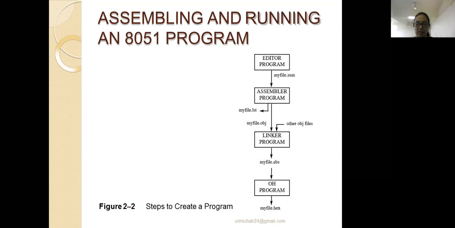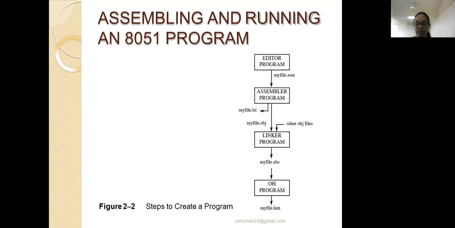The third stage is the linker program. Once you have assembled the program, now it will start linking the data with the register set mentioned in the program. So that is the linker program. And at the final stage, it will be the final output program. Output will be generated at the end, and that will be in terms of a hex file.